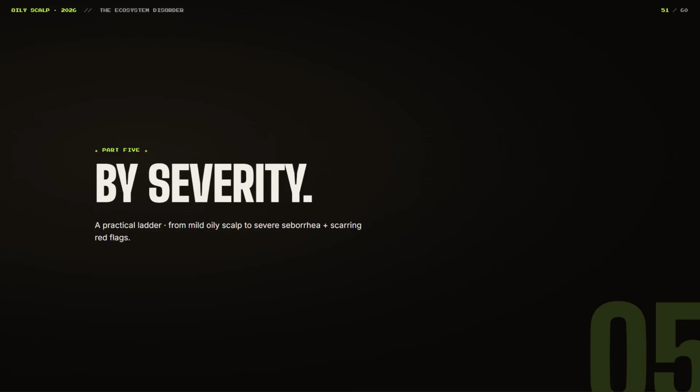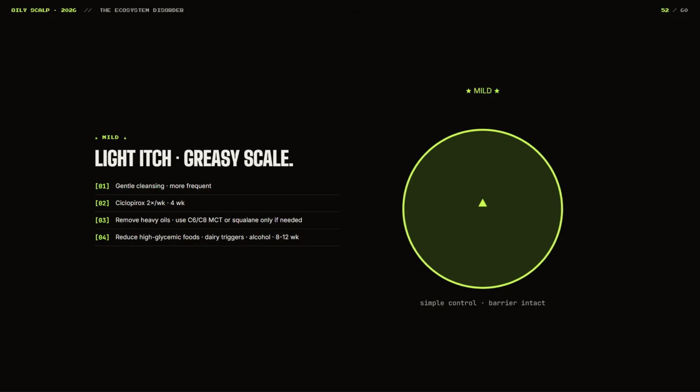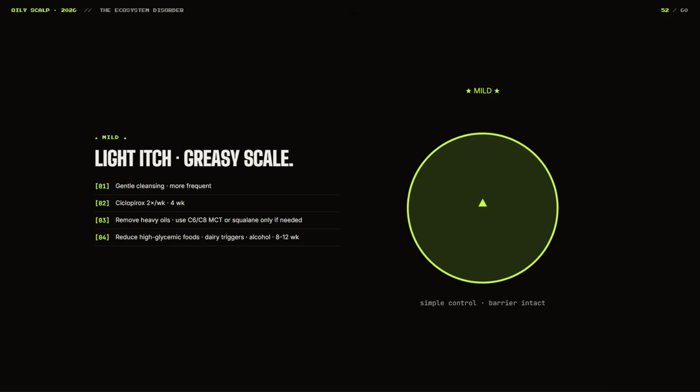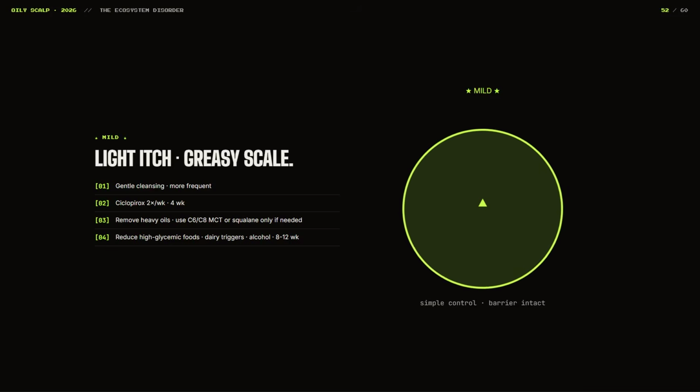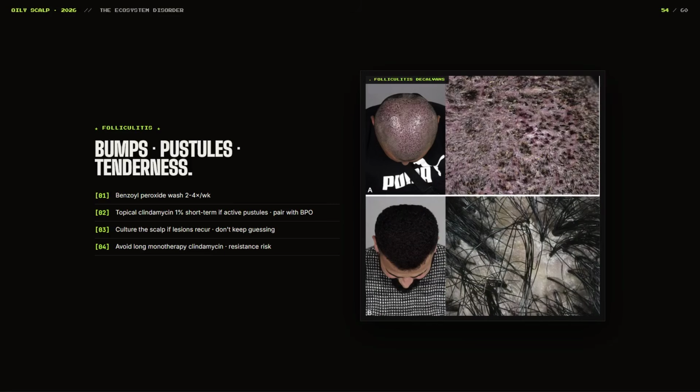If the scalp is oily but not itchy, not red, and not flaky, then the main issue may simply be seborrhea or excessive oil retention. If the scalp is oily with greasy flakes, itch, redness, or irritation, then seborrheic dermatitis and Malassezia overgrowth become more likely. If the scalp is oily with bumps, pimples, pustules, crusting, tenderness, or pain, then we're probably looking at folliculitis or other folliculitis-related conditions being in the picture.